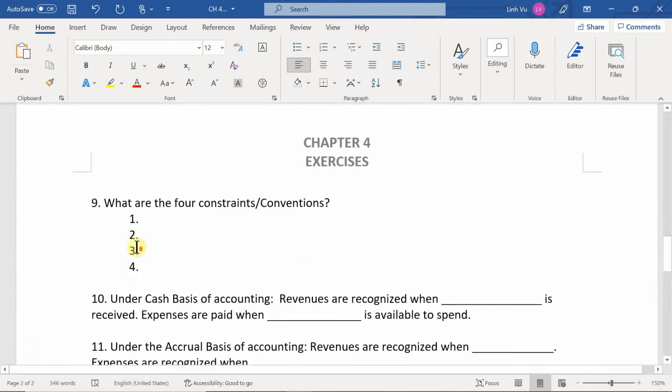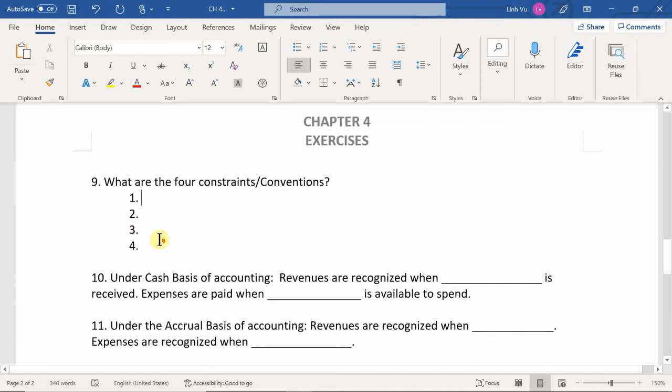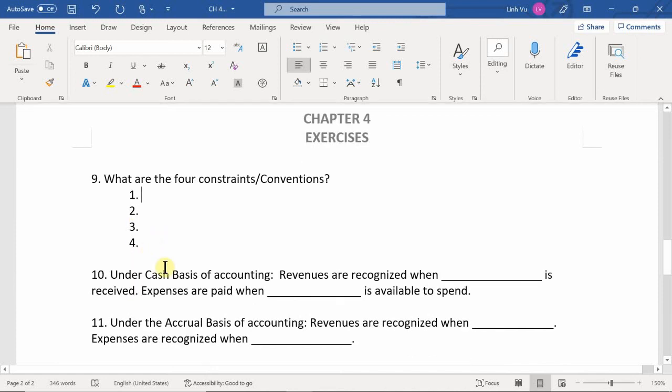Thank you. All right, number 9. What are the 4 constraints and conventions? They don't need to be in a particular order. I'm just asking for any of the 4. Materiality. Yes, materiality. Very good. This means, is it significant enough for you to record in your books? So again, I gave you that example, a $5 trash can versus a $10,000 machine. Which one would you record under fixed asset? Okay. Number 2,